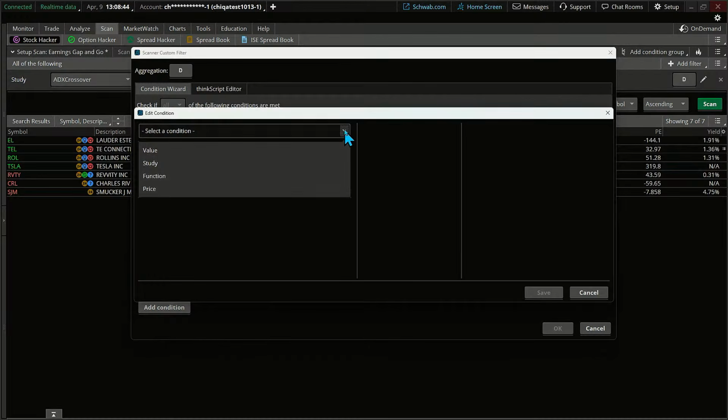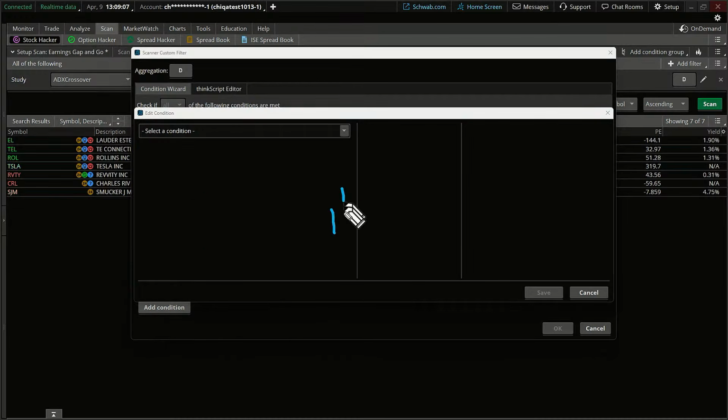Now, if I just click on the drop down, I get to select amongst these 4 key levels first. This is where you have to go back to that set of bullet points and define what it is you're after. This is how the process works. The condition is this, and this is the way I always like to look at it. If we were looking at a stock that's trading and it starts to come back up, I'm just saying, I want to see it cross above the moving average.